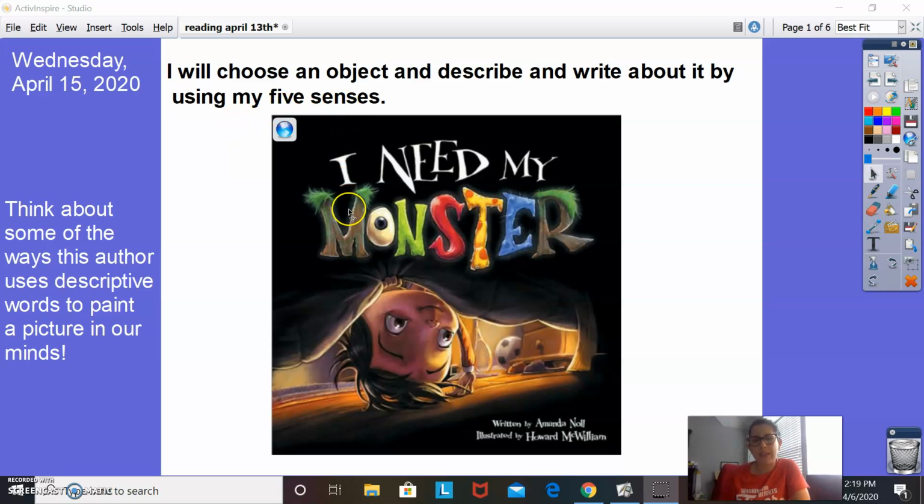So before we move on to that, I want to read just like 2 or 3 pages of this book because I want you to think about some of the ways that this author is using descriptive words to paint a picture in our minds. I thought it would be good to show you how authors do this because we're going to have some practice doing this. So let's go ahead and move on to our